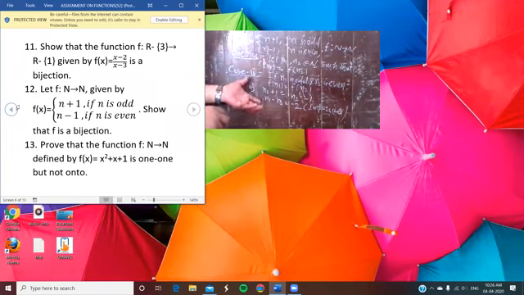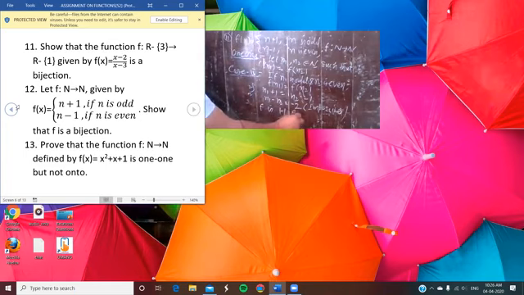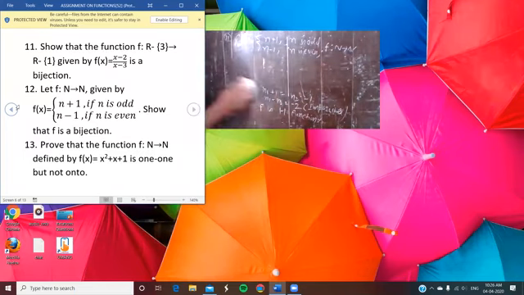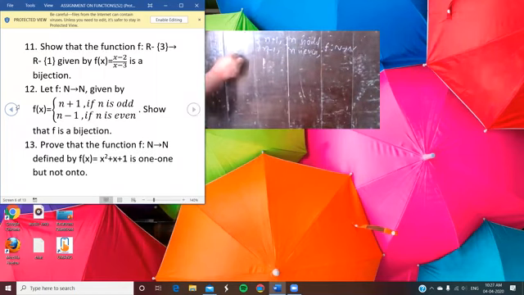So you can say that f is one-one function. So write it here: f is one-one function. So in this way, the question is proved. Now, second point, for onto function. Onto function, what do you do in that case?